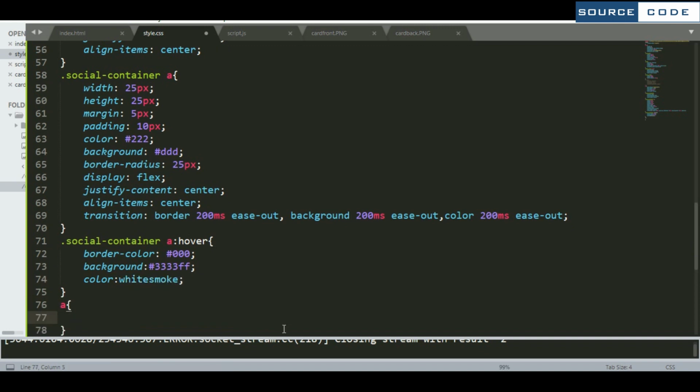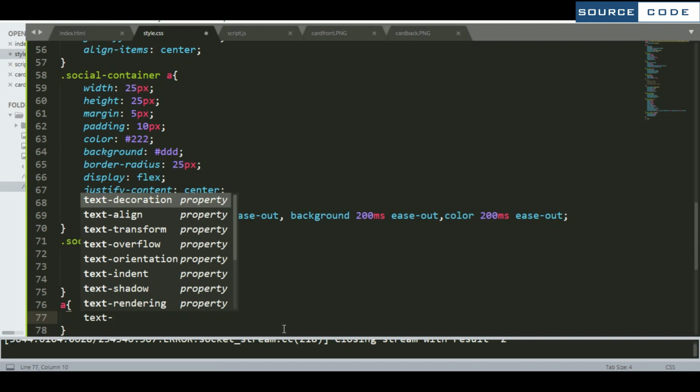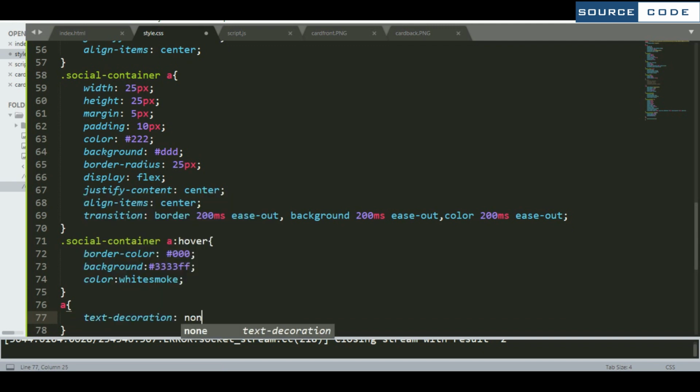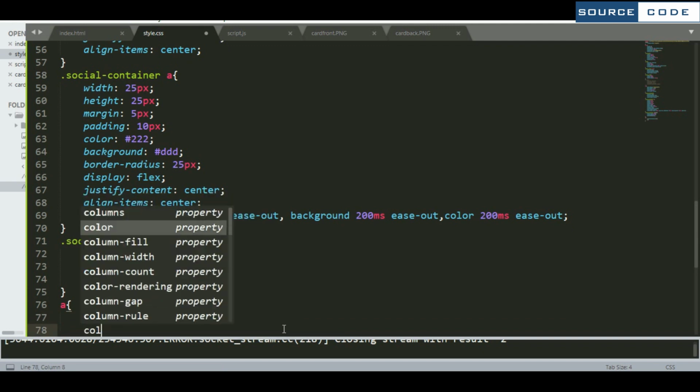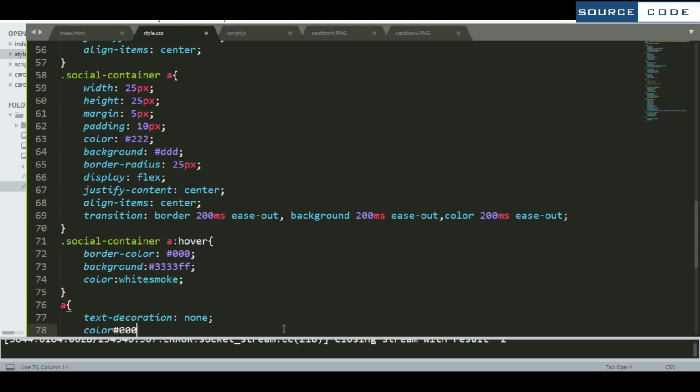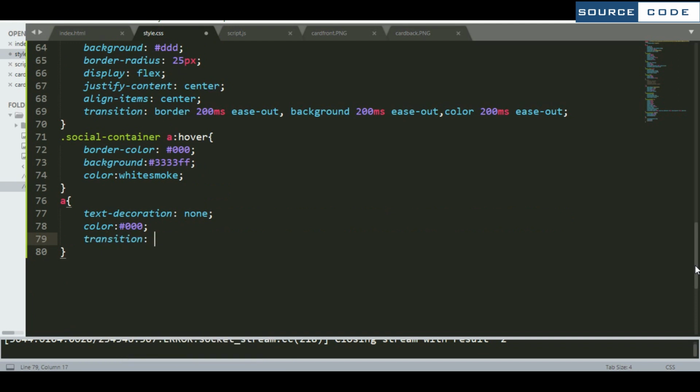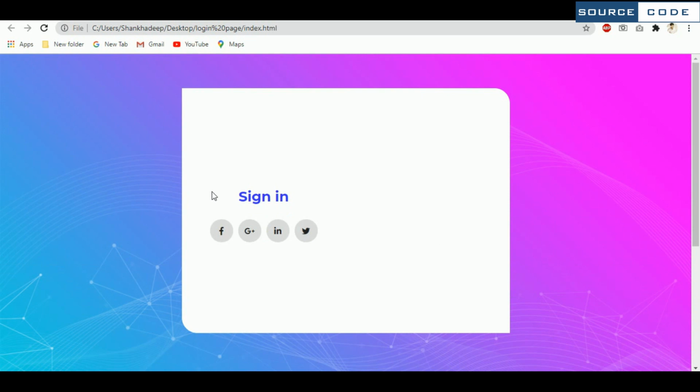Now for the anchor tag make the text decoration as none. Now we need to give a color here. Now we need to add a transition. So for the transition we will take color only. Now let me show you the output how it is coming. So as you can see that we have got all the 4 and when I take a mouse on each of them, it shows a hover.